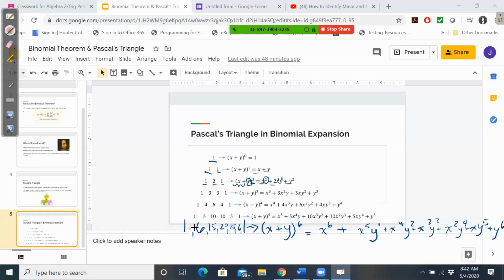And then I'm just going to input all of these coefficients. So it's 1, it's a 6, there's a 15, there's a 20, there's another 15, there's a 6, and then there's a 1, right? So that's how Pascal's triangle works with binomial expansion. It's basically telling you the format, your end result, when you multiply this